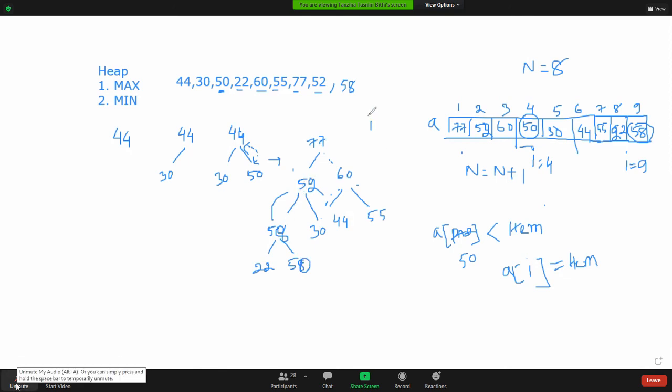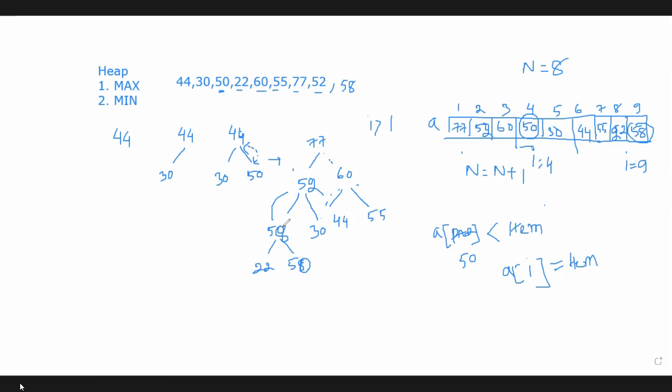That means we are going to repeat the same process until that i value is greater than 1. Okay, so now again the same process. i equals 4, find out its parent node. Here, 58 after changing the position, and in this position the value is 50.